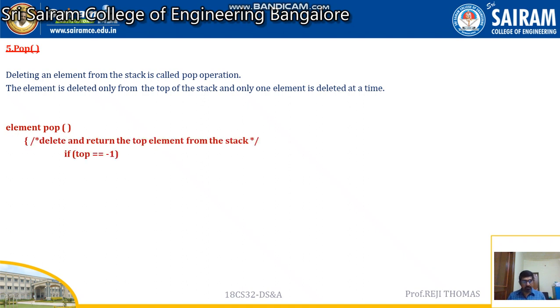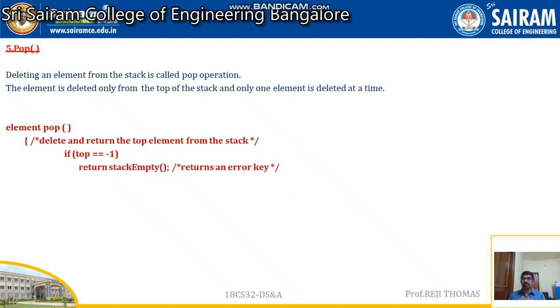Next, before you delete an element from the stack, what should be the first condition? You have to check that, to delete an element, there needs to be some element in the stack. If it is not there, you cannot delete it. So how could I do that? As I told you, top is a variable which is a pointer to the topmost element in the given stack. So I'm going to take an if statement, which checks whether top is equal to -1. What does it mean? That means the stack is empty.